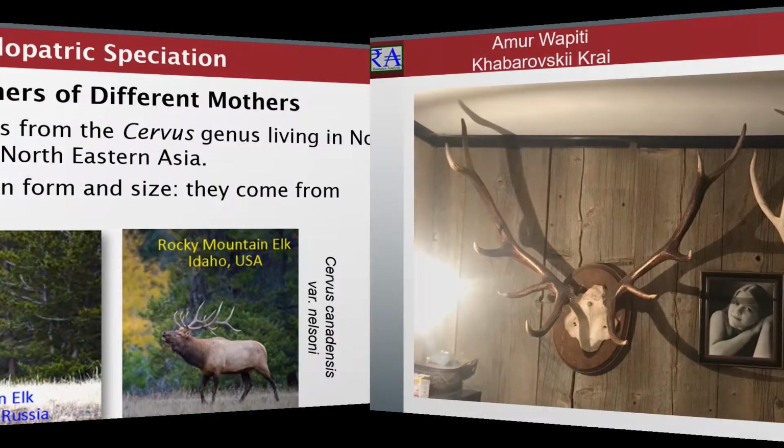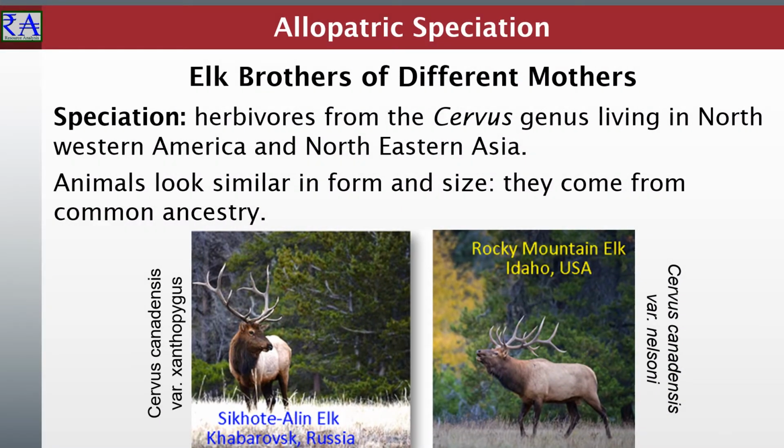I harvested the Rocky Mountain elk, Cervus canadensis variety nelsoni, shown on the right in 1991, at Bald Mountain, Selway River Drainage near the Nez Perce Trail at Bald Mountain, Idaho. The Manchurian wapiti, Cervus canadensis variety zachopygus, was shot in Khabarovsky Krai, Russian Far East in 1996. These are found to the east of Lake Baikal, Russia. As populations, they have common ancestry, but have been genetically separated for 14,500 years.